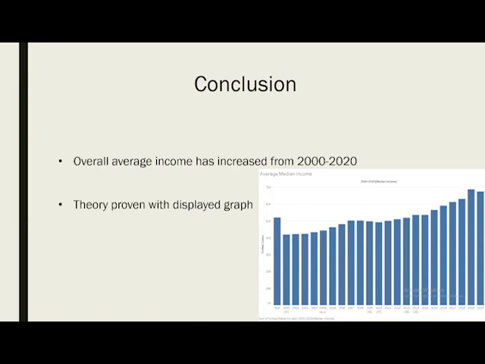With all these points, we can conclude that the overall average income has increased from 2000 to 2020 in the US. Using data that we've provided within our graphs, maps, and other sets, you can see that the average median income has grown